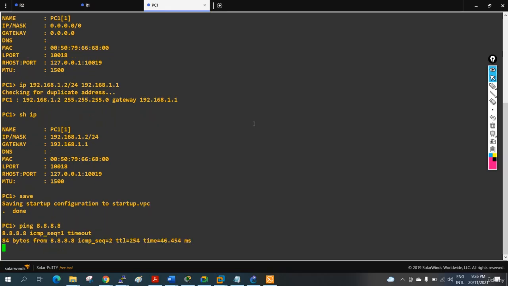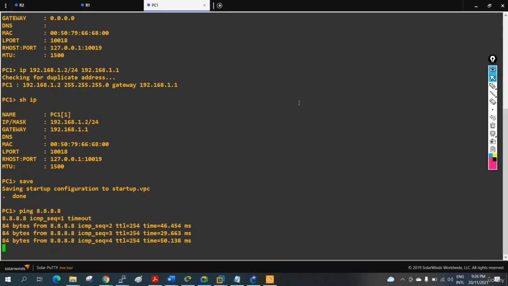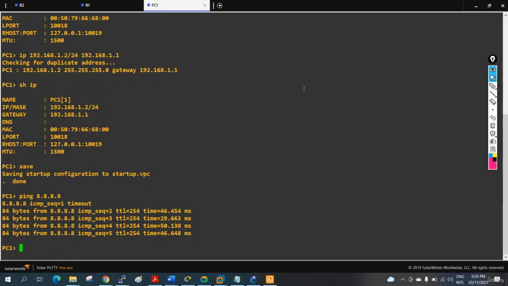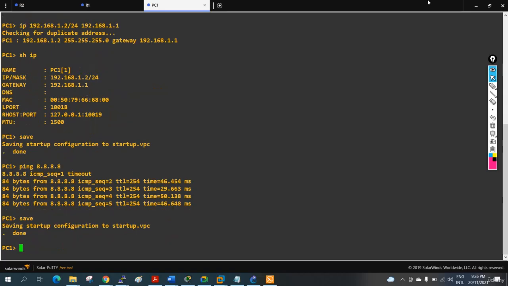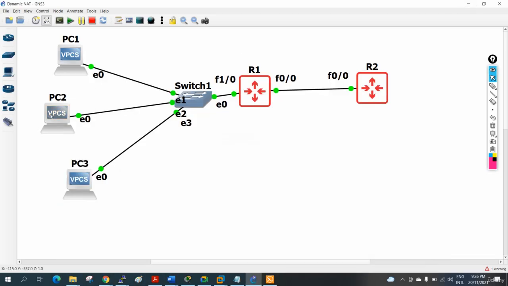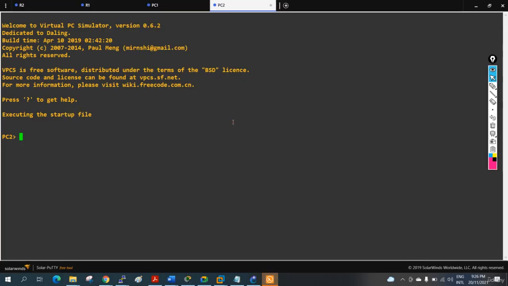Request timeout. Now it is working. Okay, so maybe some bug there in the GNS router, so I will save here this one. So PC1 is working. Let me go for the PC2 here, and here we can assign the IP